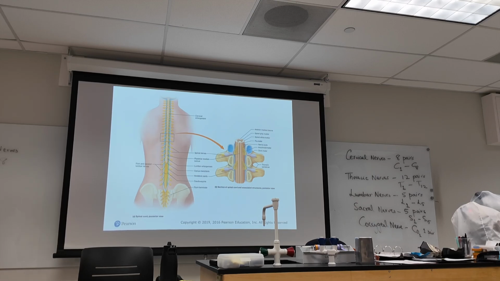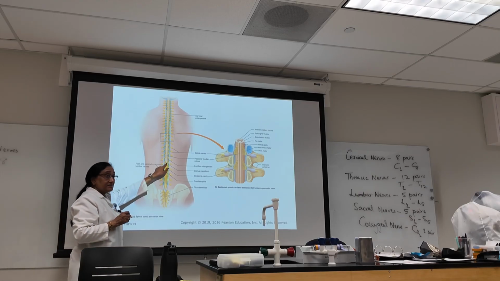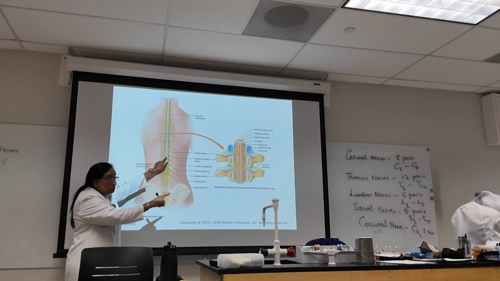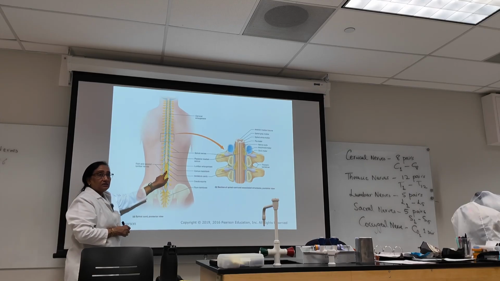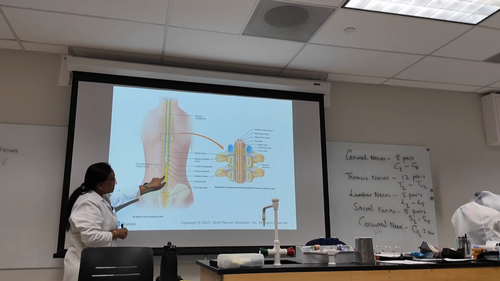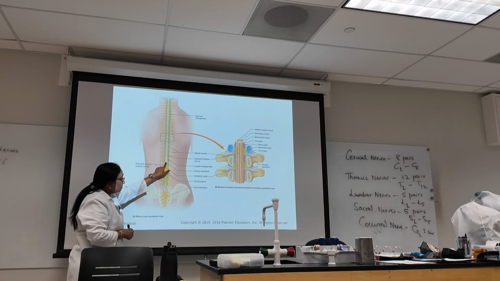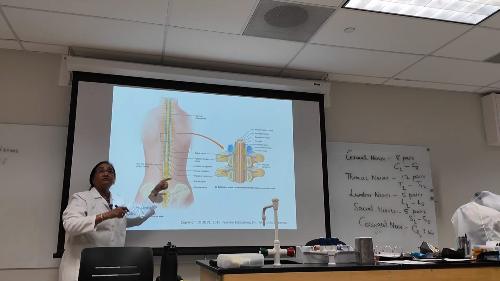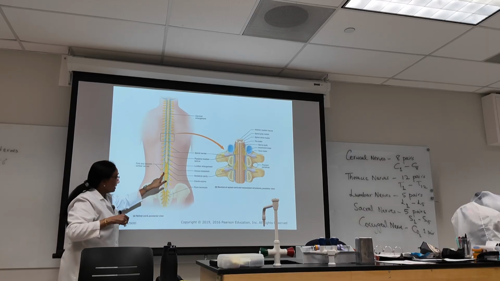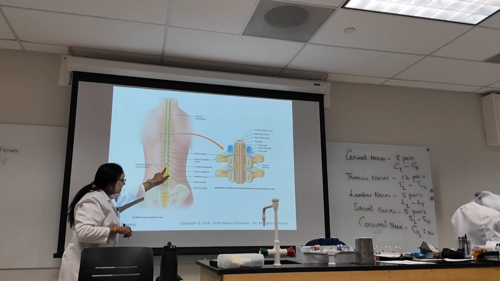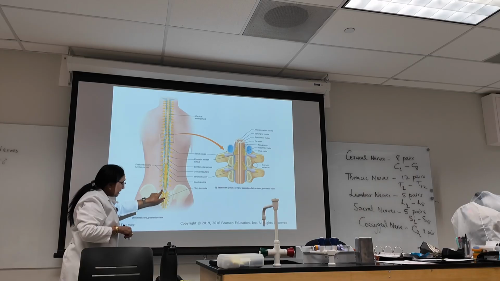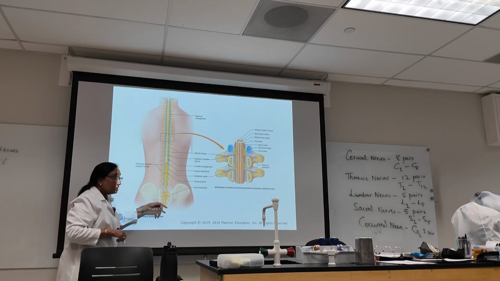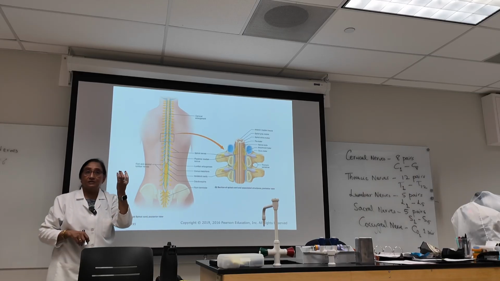But once the spinal cord ends at L1, it ends here. So all those nerves, L2, L3, L4, L5, which have to come out, they have to travel down and then come out from the respective intervertebral foramen. They have to come out. The sacral nerves have to go down and then come out like this. See? So that's why at the bottom,